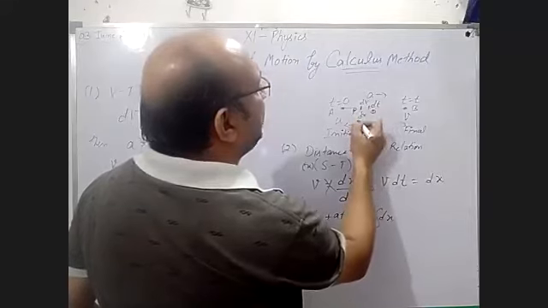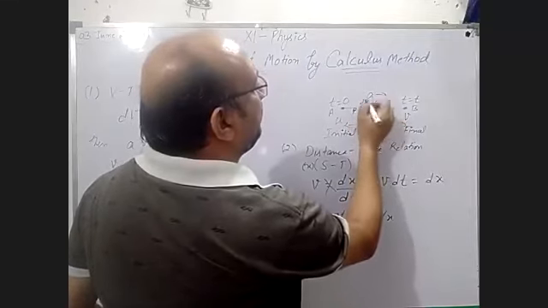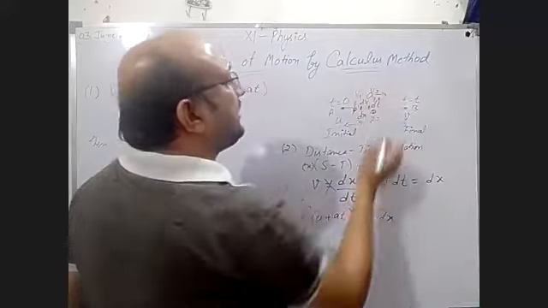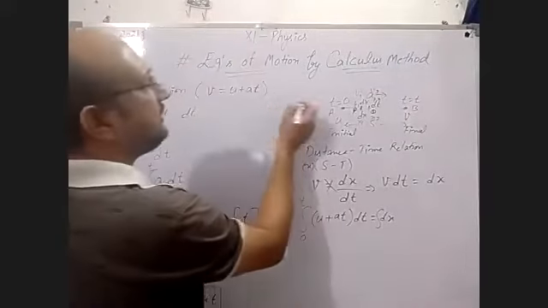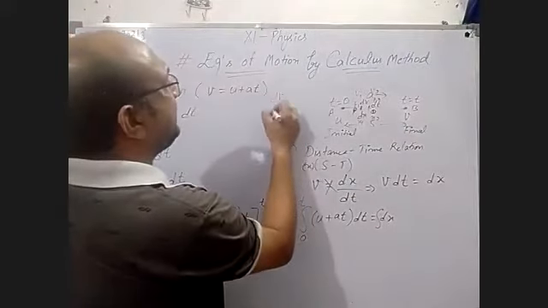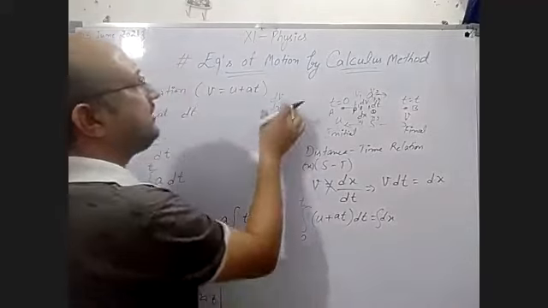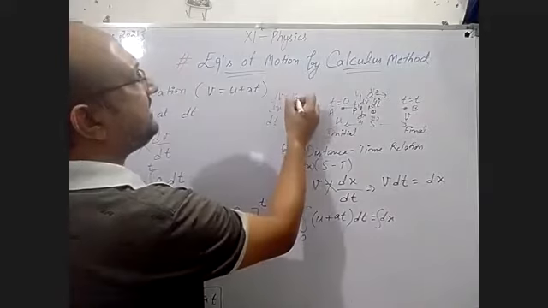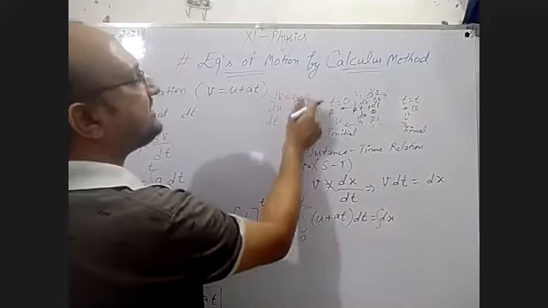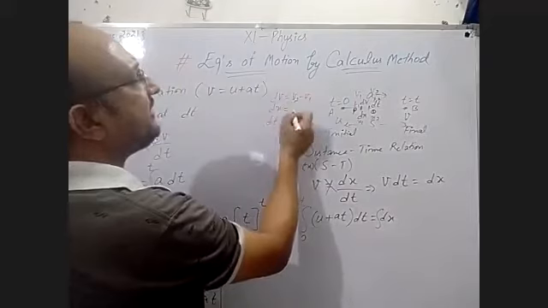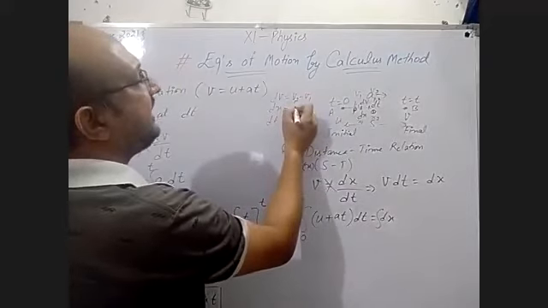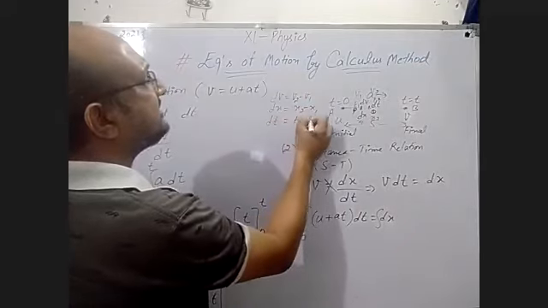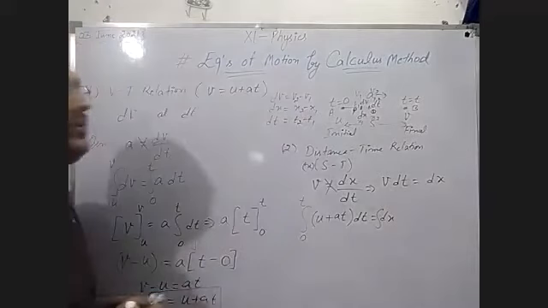Original position you can take x1, here x2. For dv, you can take v1, v2, dt, t1, t2. Okay, you know all the things like this. dv is what? dx is what? dt is what? All these are small changes, small change in velocity, the difference v2 minus v1, and this is x2 minus x1. Okay, and this one is t2 minus t1. In this way, we can take all these things.